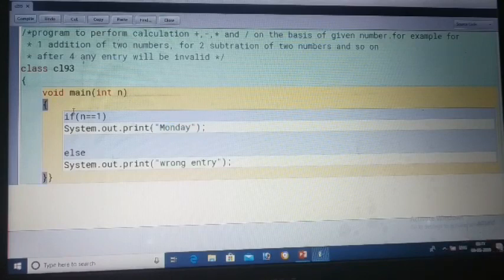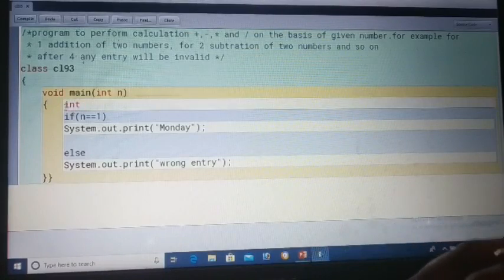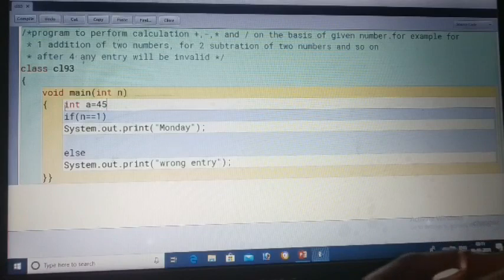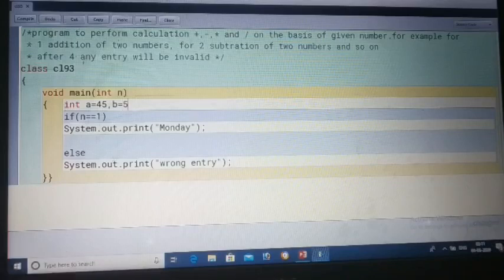Suppose I have taken 2 integer values, a equal to 45, comma b equal to 5. So this way we have taken 2 values. You can take them with function arguments, no problem. Directly I have taken them so that I could show you how the example is working.